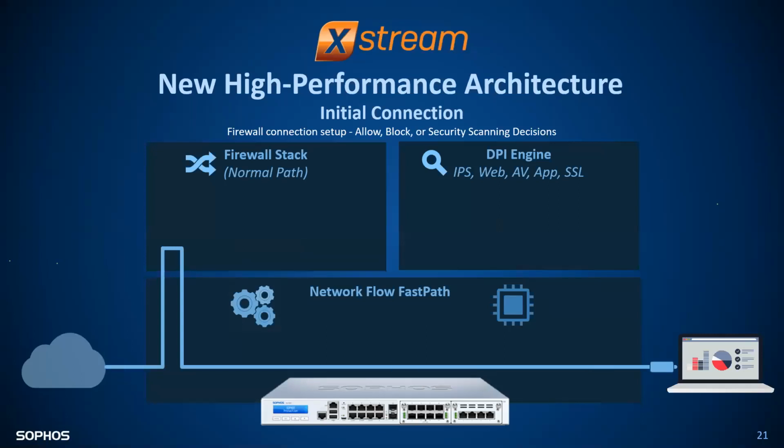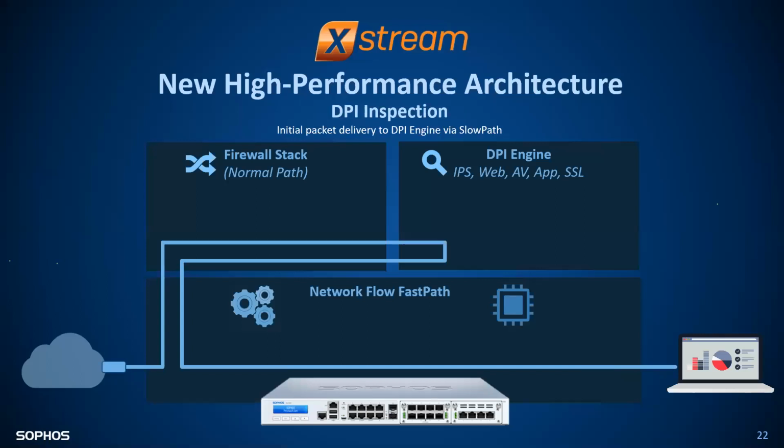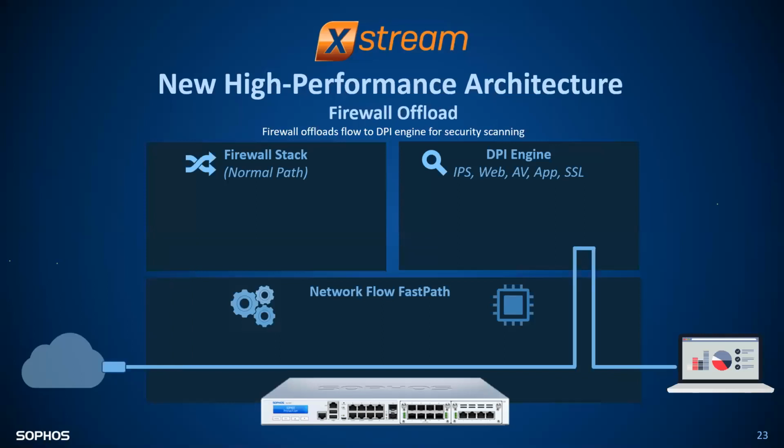If no scanning engine is there, then it goes straight through. If there is a scanning engine, it goes for the scanning engine and then comes to fast path. So traffic comes to the firewall stack, then goes for the scanning and then goes for the network flow. Now simply, source and destination, the firewall knows that it comes directly to the network fast path flow, and the scanning engine is there and scans.